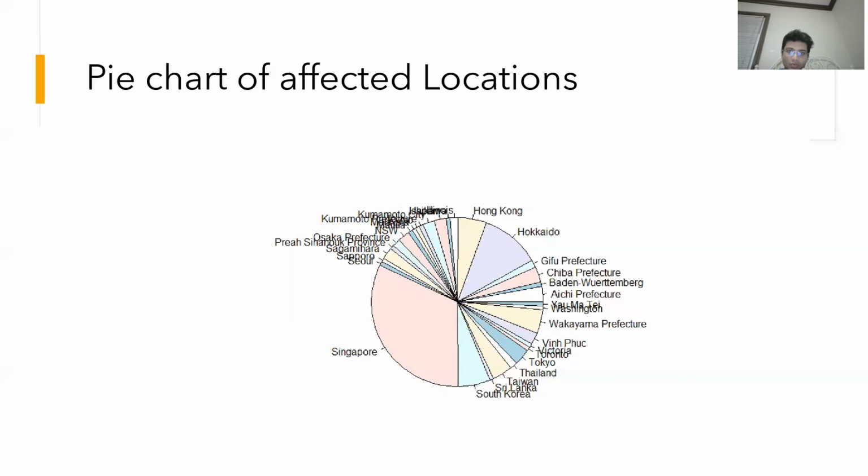Even though other cities like Hong Kong are small and considered a separate territory, it's a part of Chinese territory. But Hong Kong is certainly more advanced, and I'm pretty sure they took quick measures as soon as the virus broke out. So as a result, that's my assumption, Hong Kong doesn't have much damage compared to Singapore.